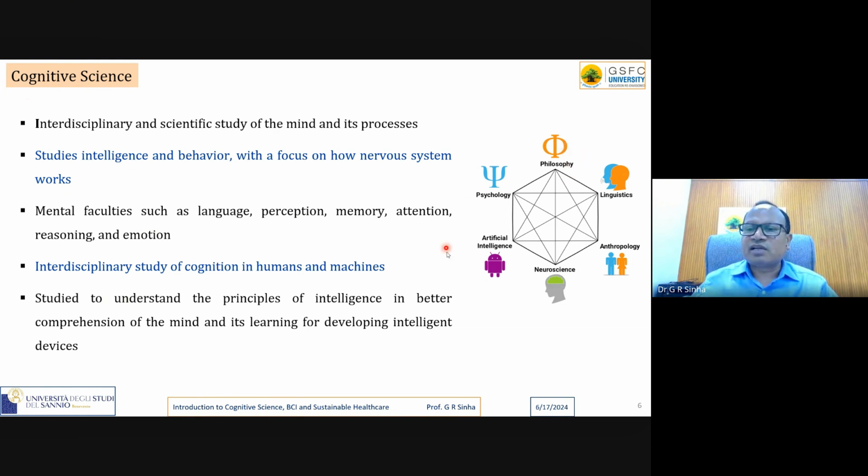I think this particular picture was already there, the title slide. It includes philosophy. We will explain the philosophical aspect, the psychological aspect. Not in much detail, but we'll understand each domain to a little more extent in coming lectures. Linguistics, dealing with language and all that. AI, you know it very well. Neuroscience, dealing with the nervous system, the brain system.